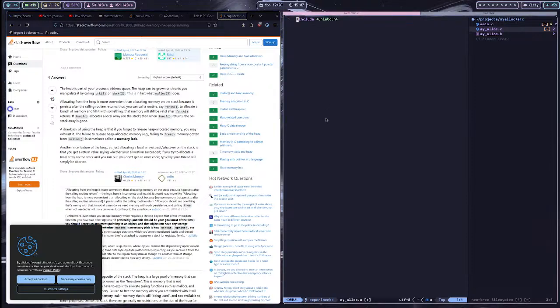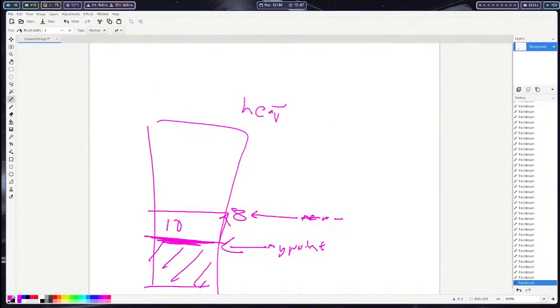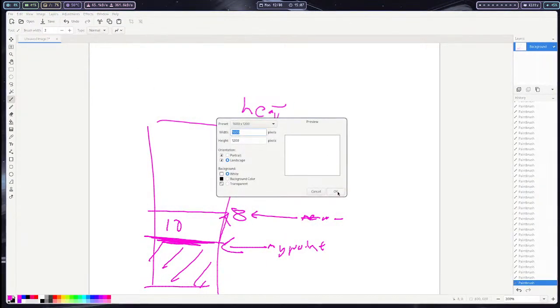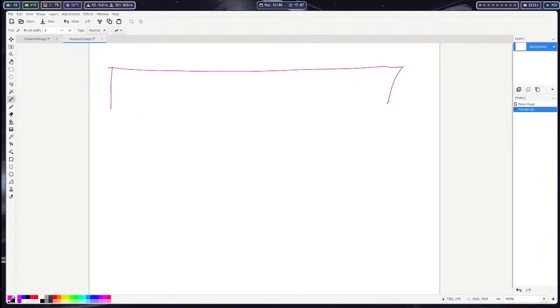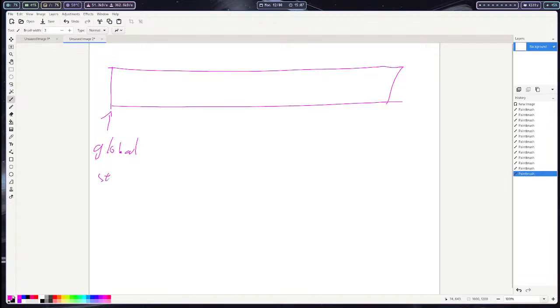Okay, let's figure this out. I've kind of got an idea in my head. So let's say we have a heap. We're drawing it horizontally because why not? So let's say we have a heap here, right? We have a global heap start. So every time I call free, I go through heap start